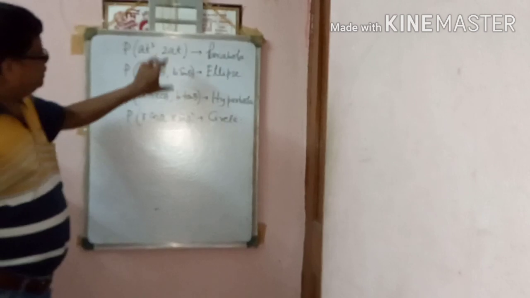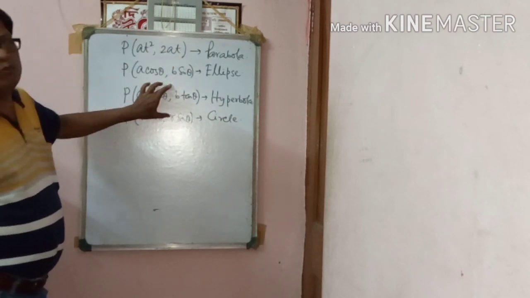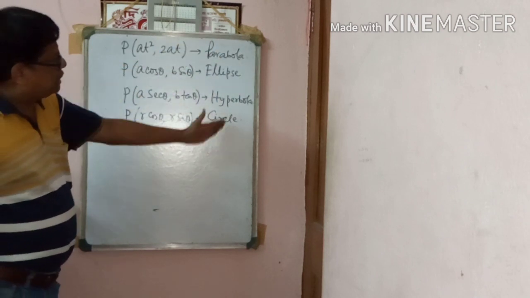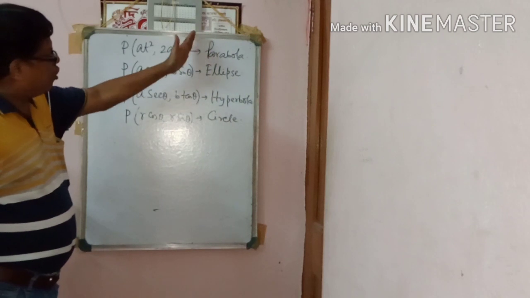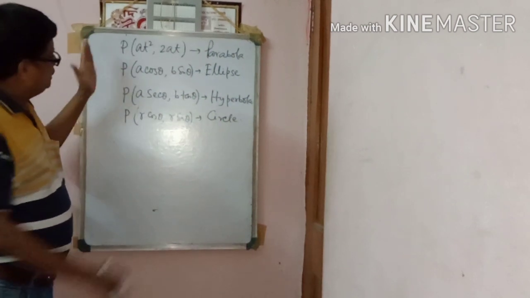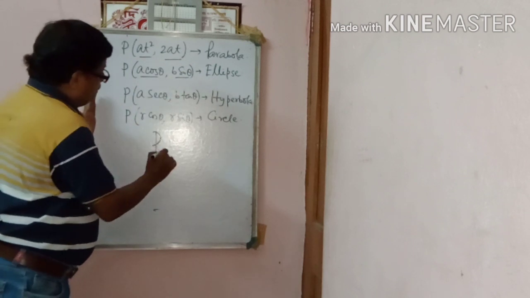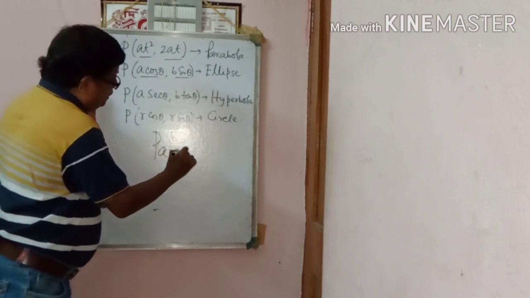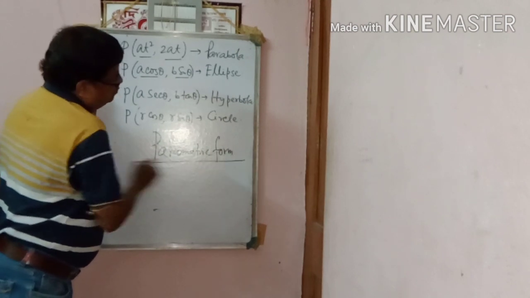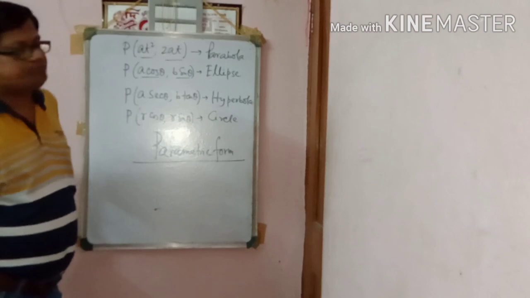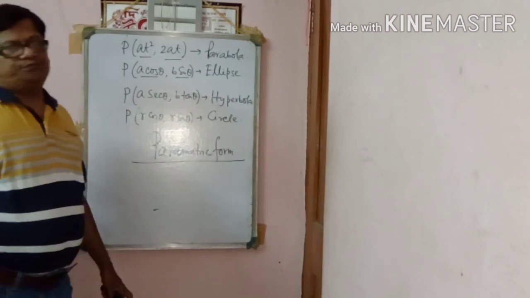This is the parametric form of the curve. Okay, conic section, this is a conic section. So here, all of you remember, this is the parametric form. Keep in mind, remember, parametric form. Okay? Note it down.